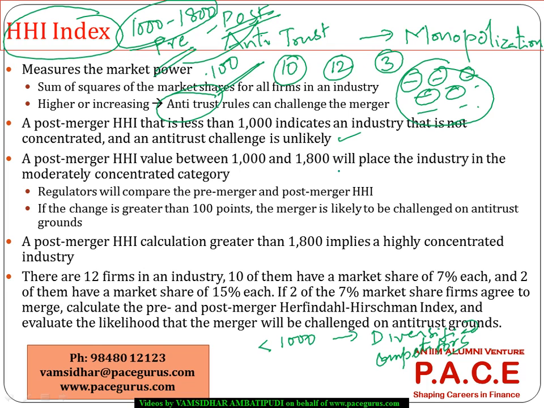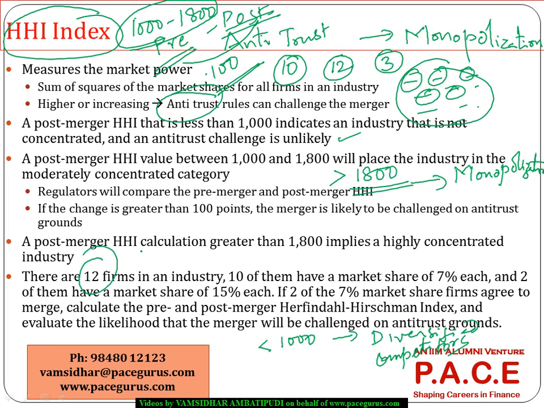But anywhere you see that post merger the HHI is going more than 1800, there is a possibility of monopolization that is occurring, which could result in the merger process being halted on antitrust grounds. So regulators can really intervene in that particular merger process in case the HHI is going to be much higher than 1800. Now let's see one small numerical to find out how I look at the Herfindahl index.